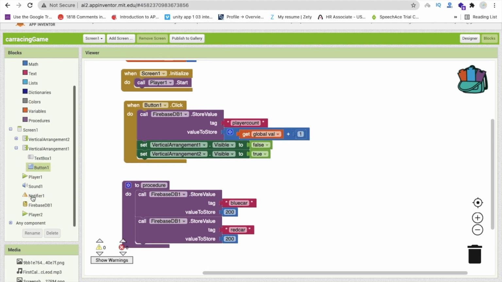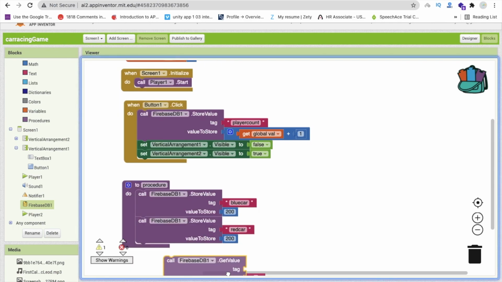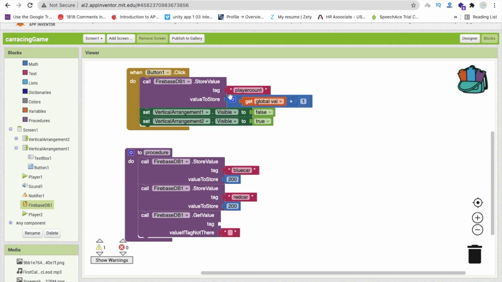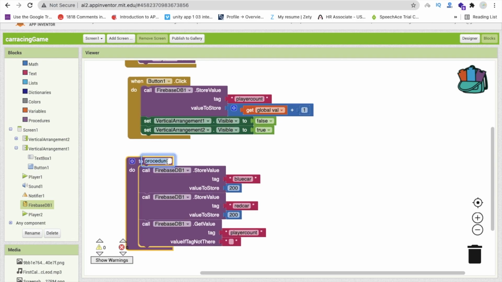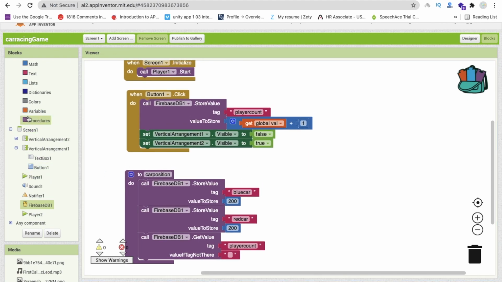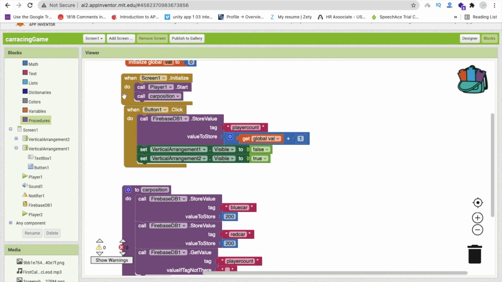Now we have to get the player count value that we have set. So we need to call the Firebase get value, this one, and in that value, which tag do we have to call? The player count tag, to get the player count value. Now that's the procedure. I'm going to change that procedure name to car position, and I will call it here like this. So whenever the screen initializes,